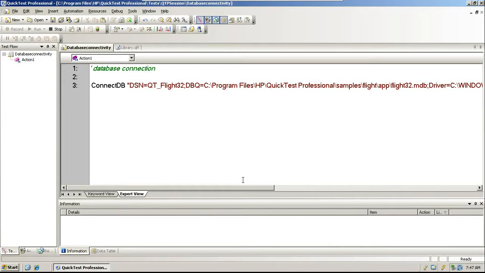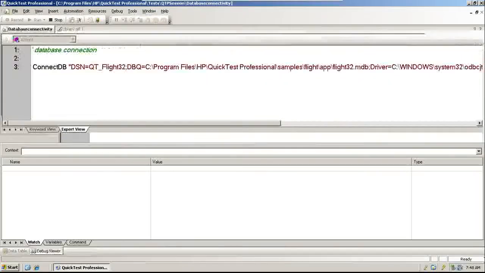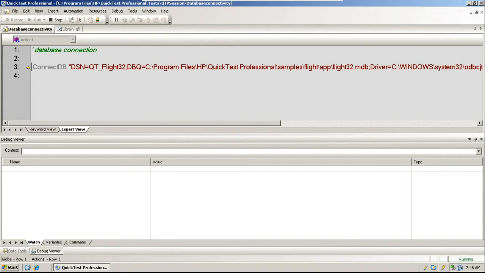Yes. Like the code, for example, Browser.Page.WebElement of class, I use the brackets. That's why you can use the brackets in descriptive programming, right? Browser bracket open, name colon equals your name, bracket close. That's where you use the brackets. I am not saying you cannot use brackets anywhere. While calling a function, you cannot use brackets for the arguments. That's a difference you have to understand. There is a difference between calling a function, descriptive programming, and defining a function.